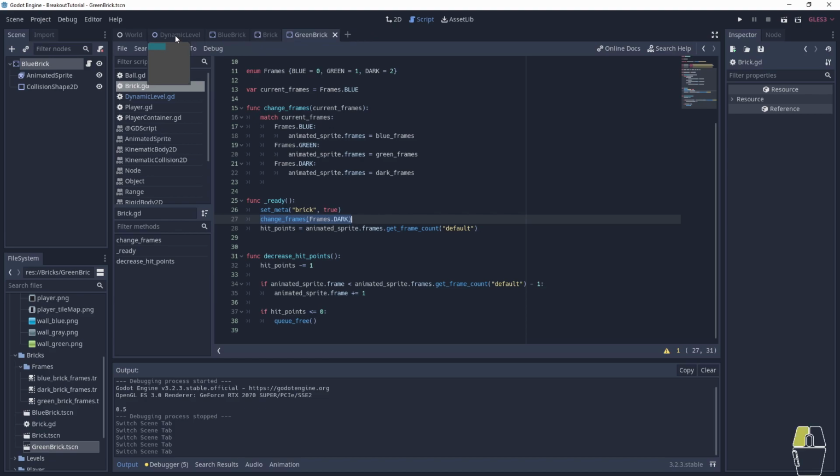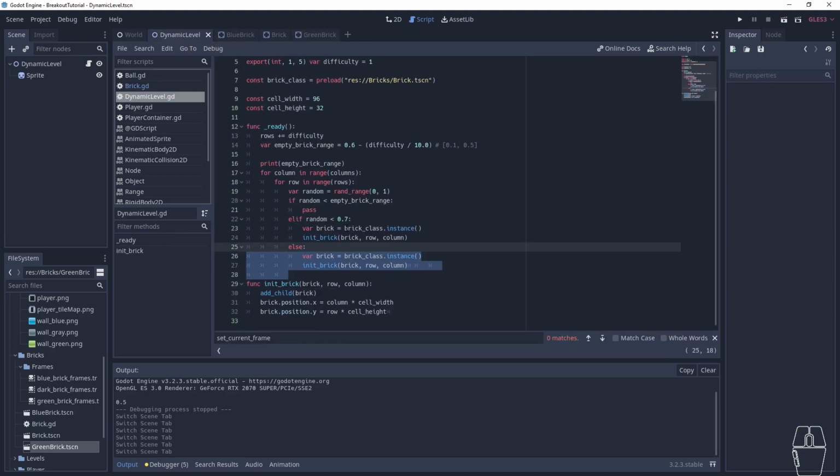So in order for us not to do that, we need to change our code a little bit. I already changed both to brick and removed the constants here. You can go ahead and do that if you haven't done it already. And here I would like to add a way to call the brick, right? We need to create it with the frame color, so we can call frames